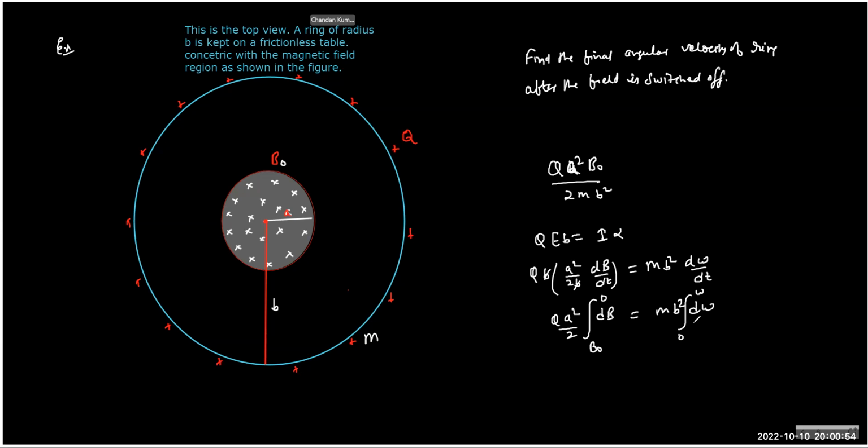So in the formula of E, we can write a minus sign. I mean, E equals minus if you write the value, because the d by dt is negative, right? So we can make it minus here to make it positive. Yes, just we are writing value. So anyway, this will give you the answer: QA squared by 2 B naught equals MB squared omega, and omega turns out to be